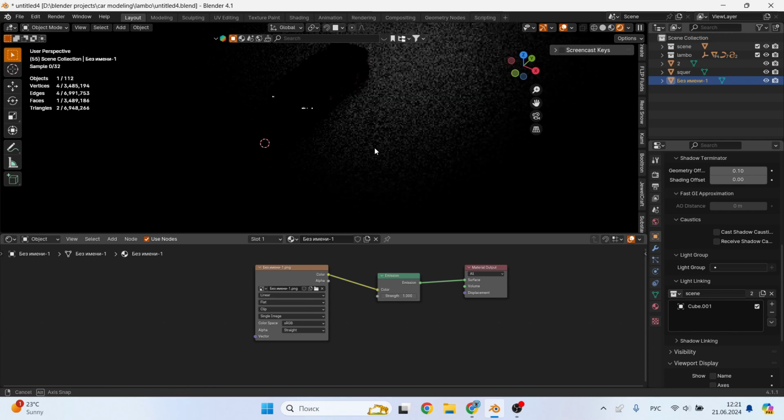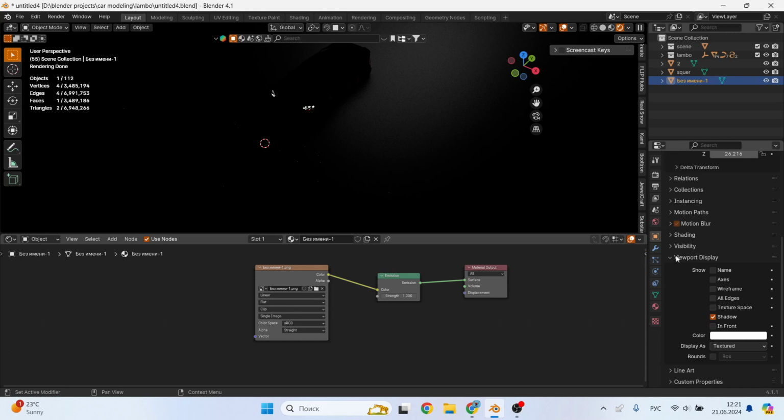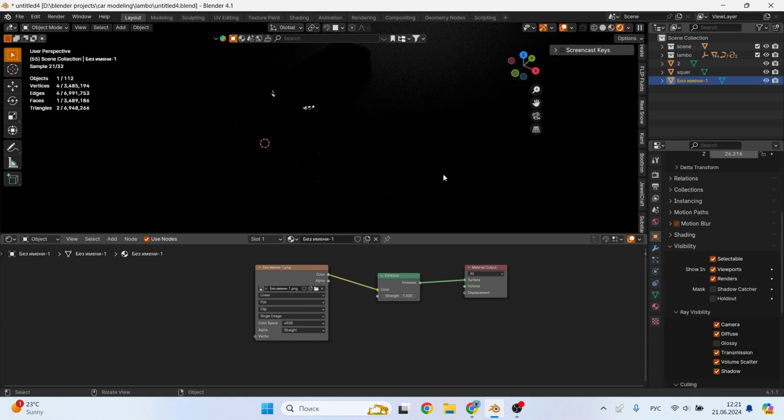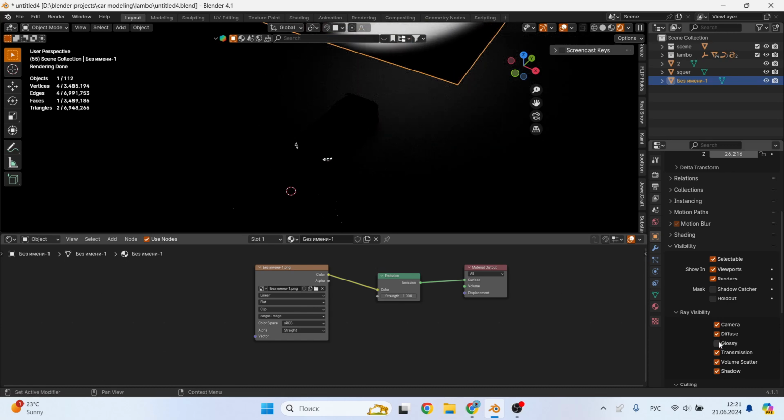Images as planes are added to the scene using the BSDF principle. Let's change it to emission. And then we go to the visibility tab and we need to uncheck the camera in glossy so that this plane is not visible to the camera during rendering and there is no glare from this plane, even when it is invisible to the camera.